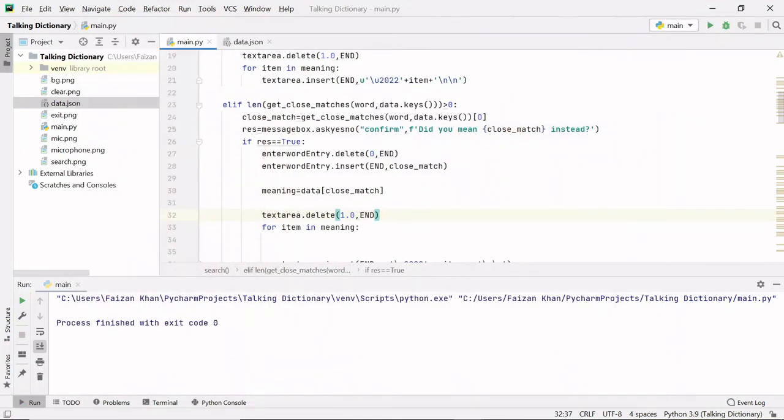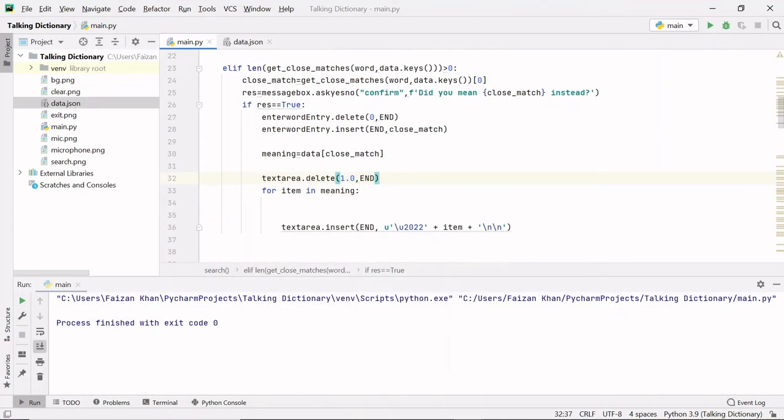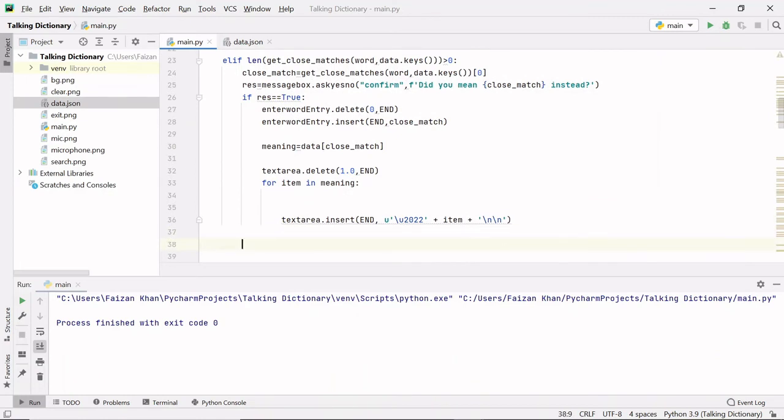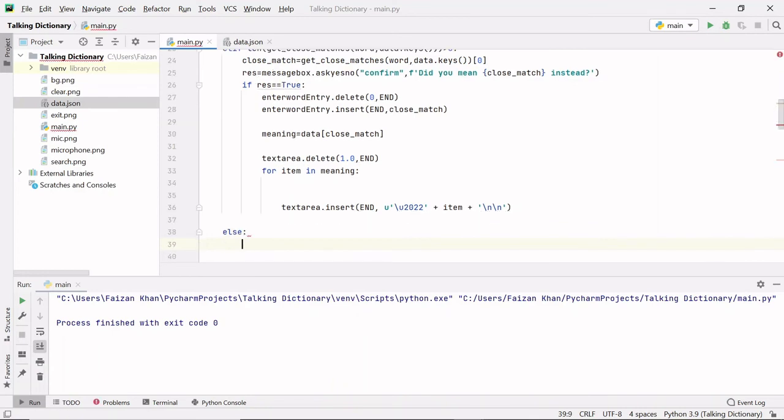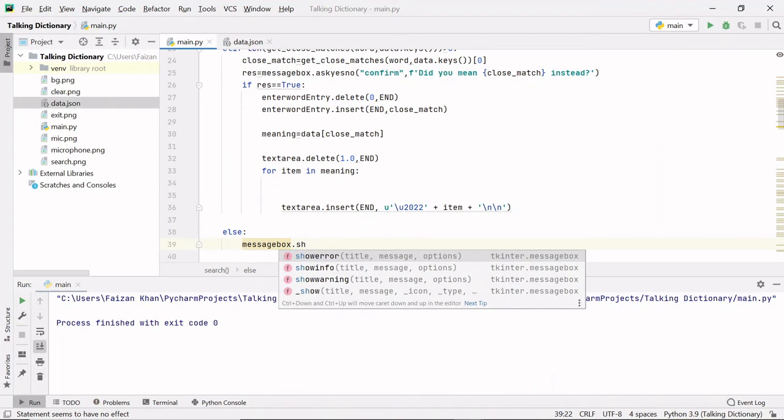So what I want, if the user types anything nonsense, we will simply go to the else part, and in the else part I will simply display a message box dot show info.